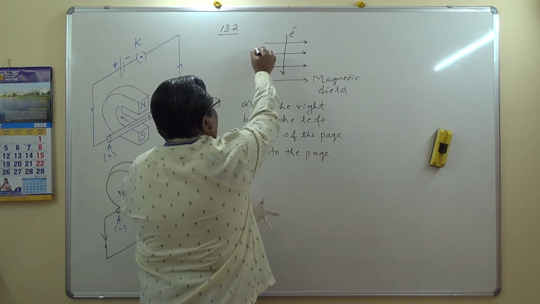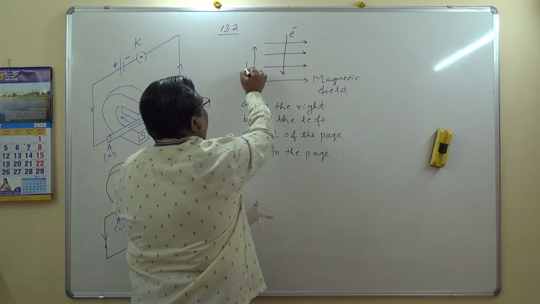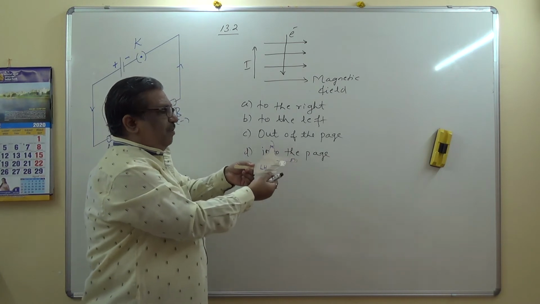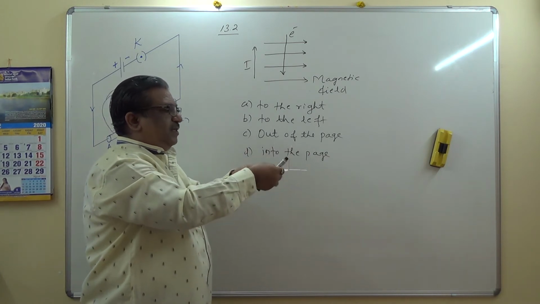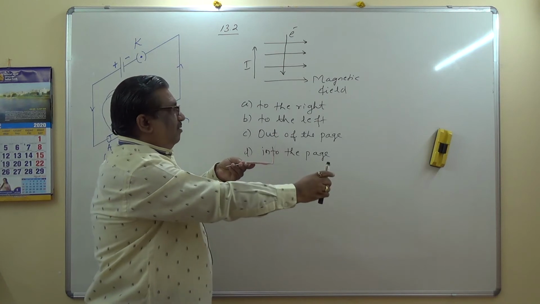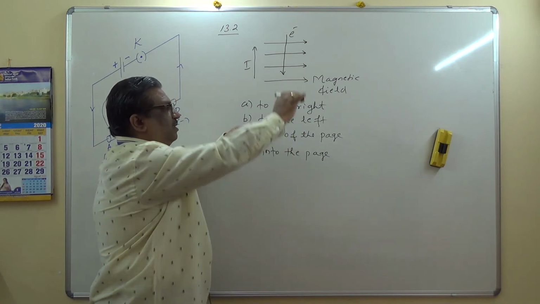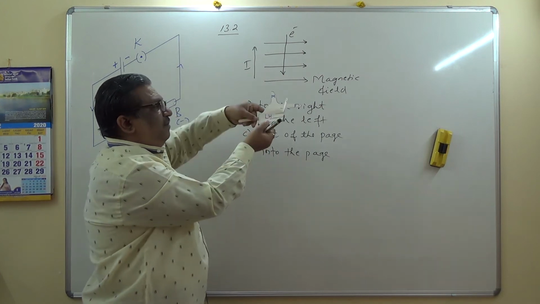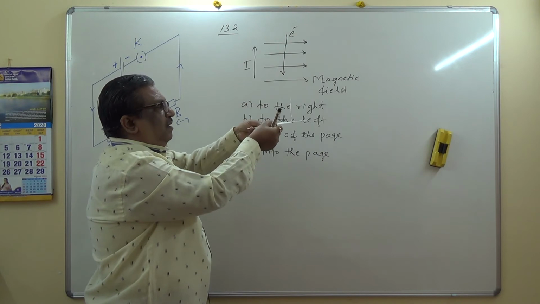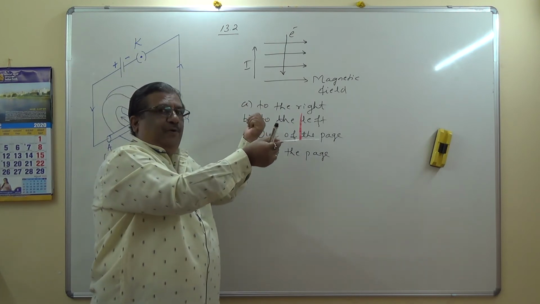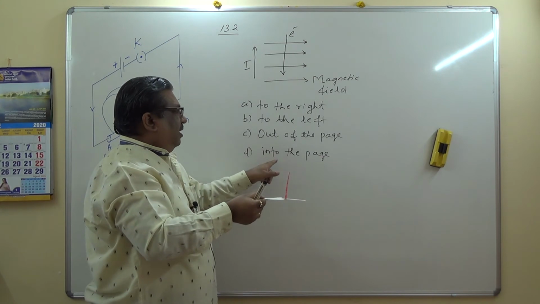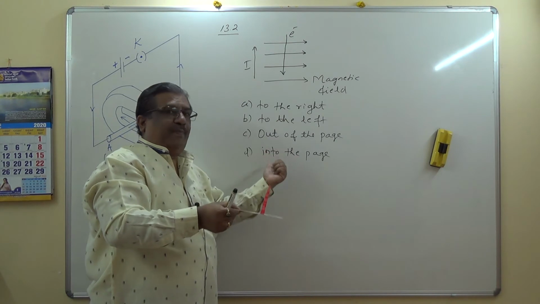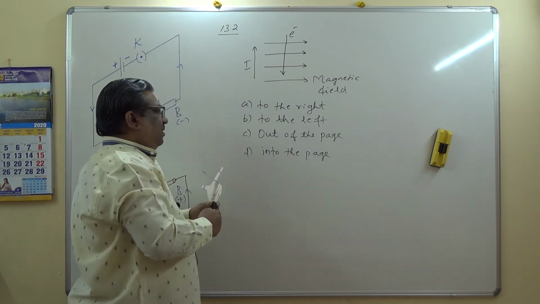So I'll say here this way, current. The current is top, means this is how it is. This way, field, this way, current. In that case, see here, the thumb is pointing into the board. Here, when I hold my textbook over here, I'll say into the page,